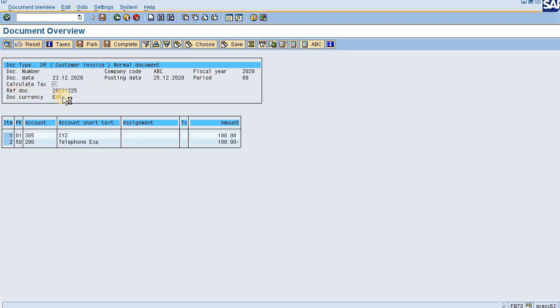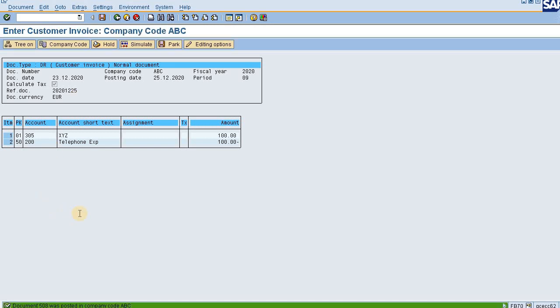See, reference document is populated here, wherein the posting date is displayed. The posting date was given manually, and accordingly the system has picked up the reference field as per the posting date, as defined in the rule in the substitution. Document got posted. 508 is the document number.